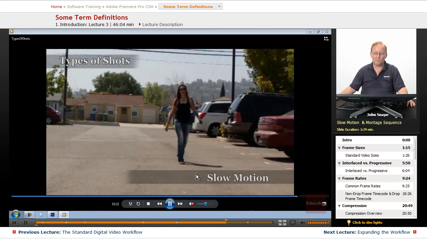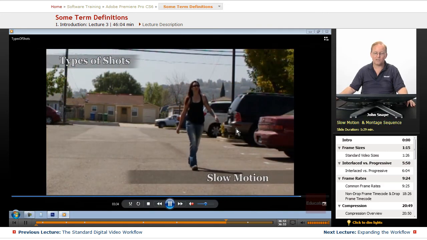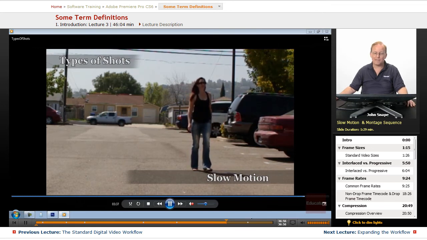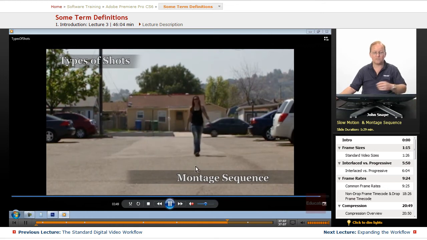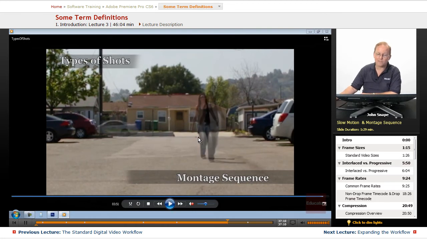And then you have slow motion, and you can see that suddenly she's walking really slow. And then this last shot, the montage sequence, you'll notice she goes from here to here to here to here. And that is to show the passage of time, but without having to show all of the stuff in between. And that is usually used for like sports movies where the guy is, first you see him doing sit-ups and then push-ups, and then he's lifting weights, he's running, and it'll cut between each of those different things to show you there's a passage of time and all this stuff is happening,